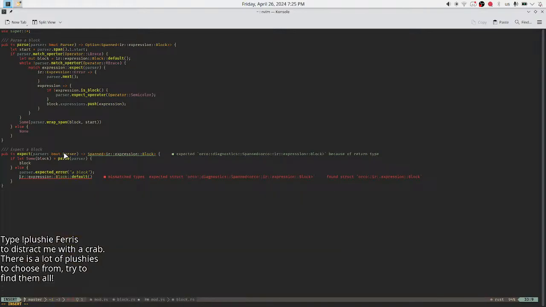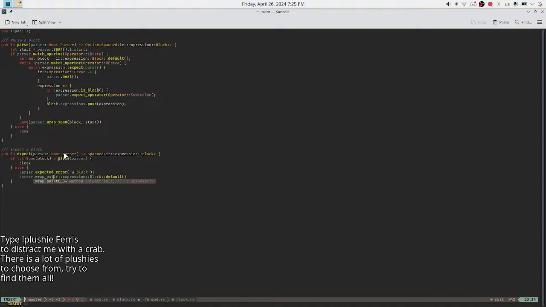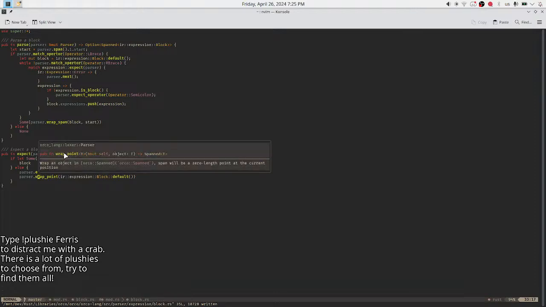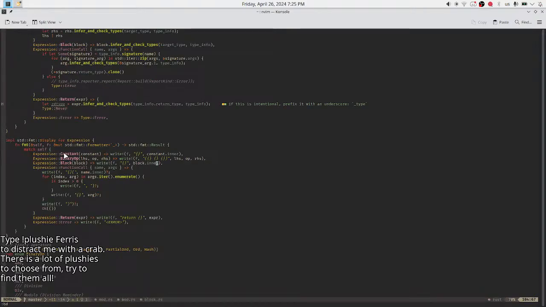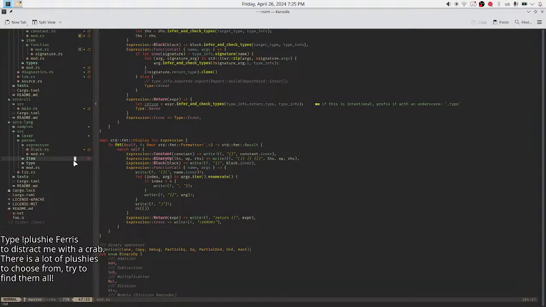Okay, here's a problem. Span wrap point. I guess I'll just do this. Wrap point here. Current thing. It's gonna complain. Yay.